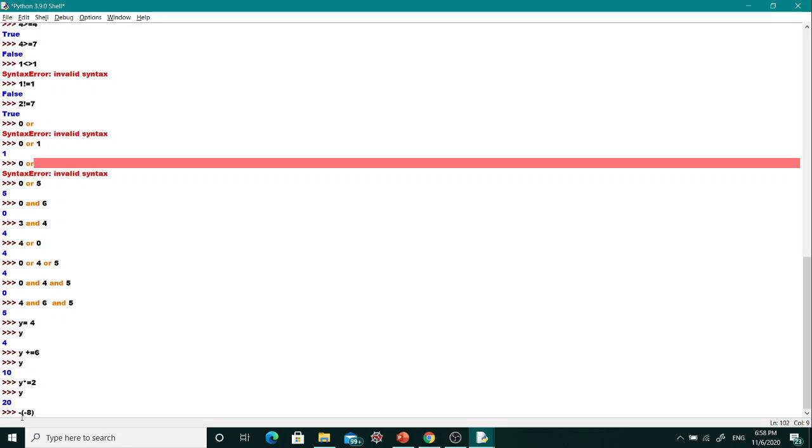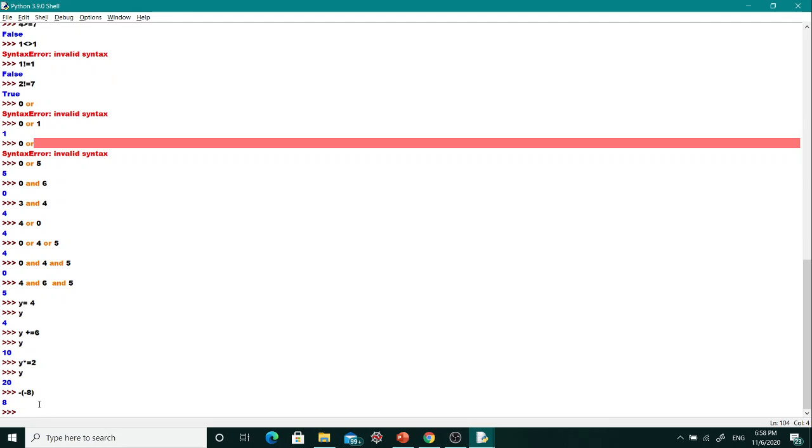We have a minus 8 and we have a minus sign outside this bracket. So the result is 8. So this unary minus is basically for the signing purpose,